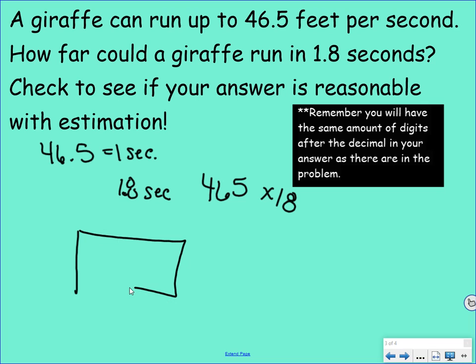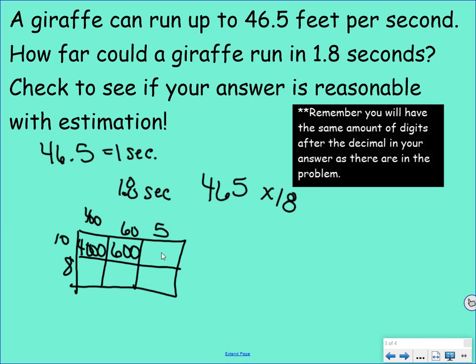So my first number has 3 digits. That means I need to split it into 3 sections. This would be 465. And this one is still just 2, so that's a 10 and an 8. And now I can multiply. 4 times 1 is 4, but I have 1, 2, 3 zeros. Here I can ignore the zeros and do 6 times 1 is 6, but then I put